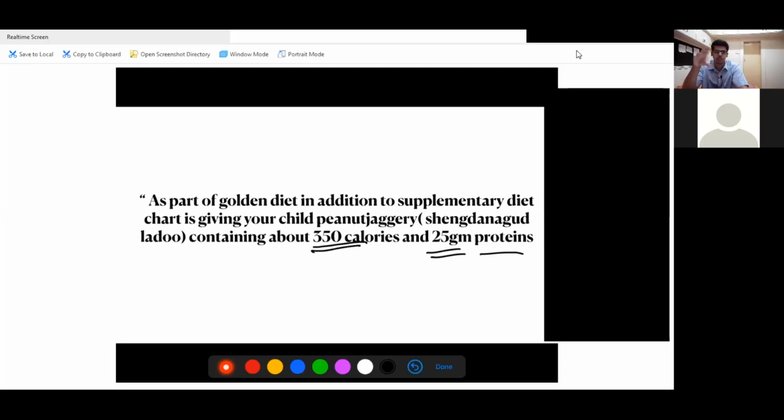So all your patients in your rural practice, in your OPD practice, always after giving the supplementary diet, tell your patient to take a peanut jaggery laddu every day, because for 7 days, 14 days the parent will follow what you have told, but sometimes they may miss. But if he's having that laddu, he will obviously be above the range. That is good because anyways we have calculated for the mean weight. So if he's having more calories and protein, that's fine. He's going towards the 16 kilo. So always tell all your patients to have a peanut jaggery laddu because it is economical for Indian parents and it has the highest value. So peanut jaggery laddu should be in every diet.